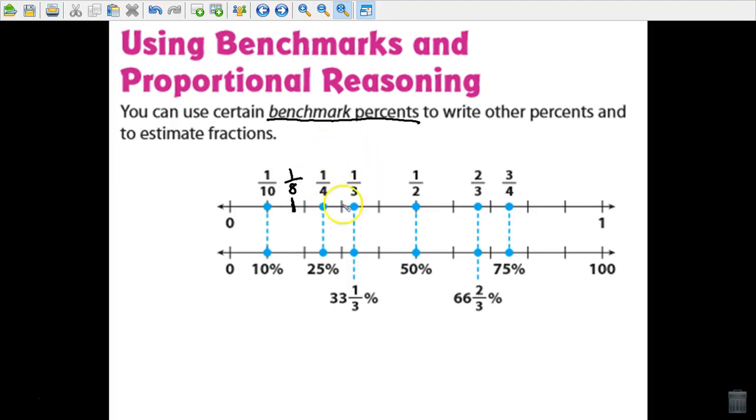And then I'm also going to throw in 1/5 right here. That's that line. So if we look at this, 1/8, it might be a little hard to just know what